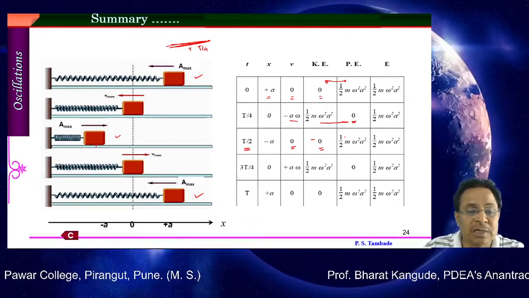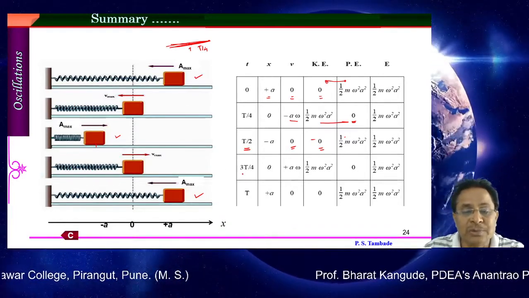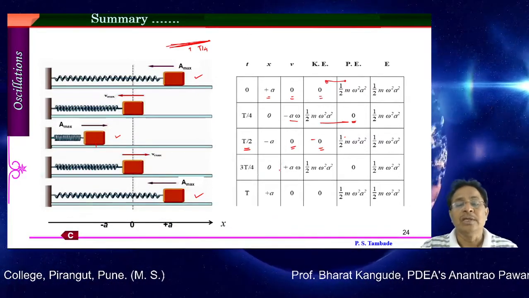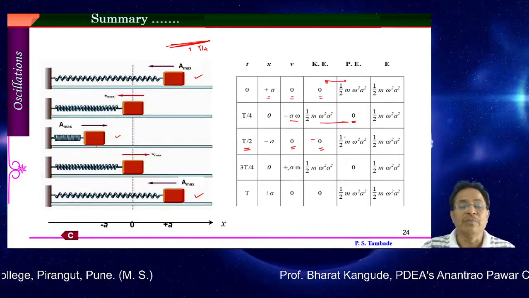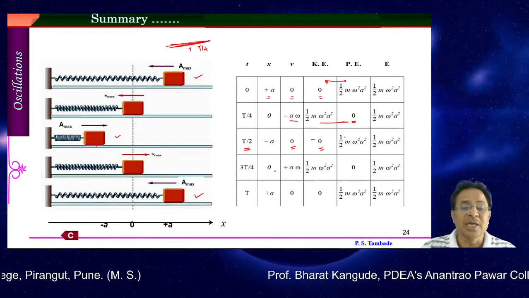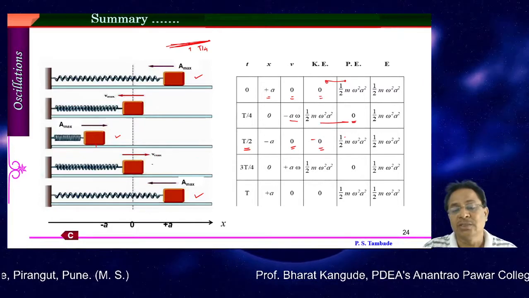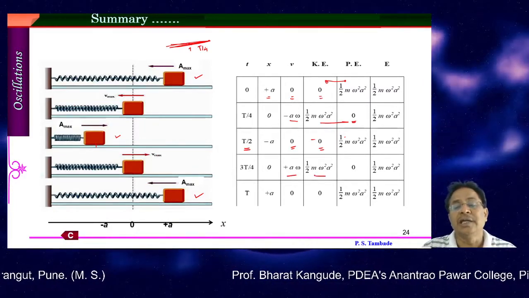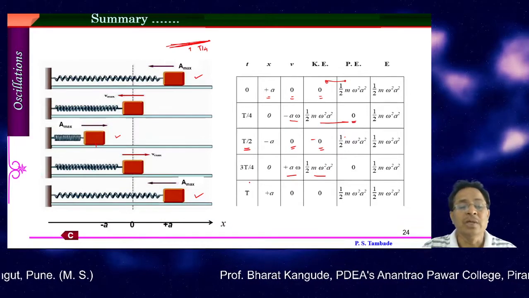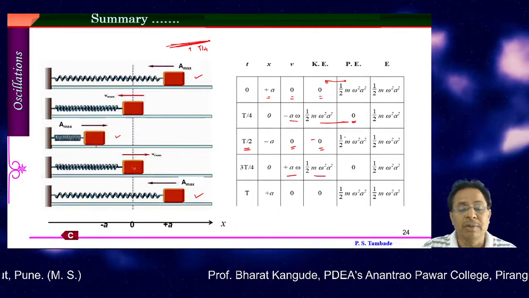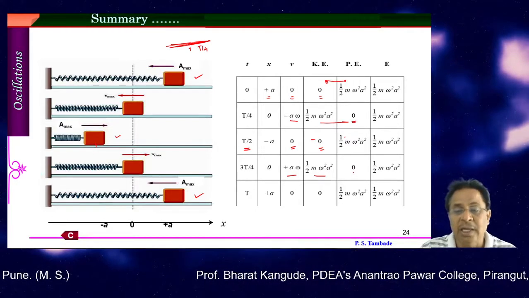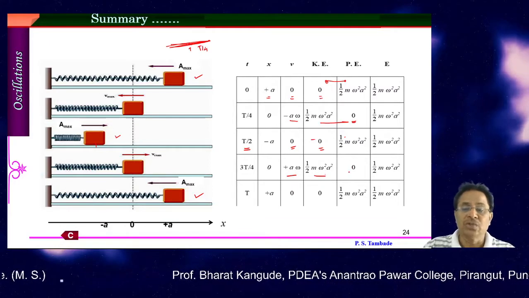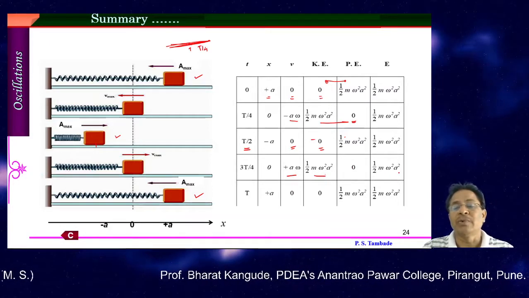Likewise, when this oscillator comes back toward the original position, the time elapsed would be 3 capital T upon 4. This time also the displacement is 0, therefore velocity is plus A omega. This time it is going in the forward direction, the positive x direction. Squaring it, I get the kinetic energy 1/2 m omega square into A square. At the equilibrium position there is no force acting and therefore potential energy is 0. Addition of these two gives me 1/2 m omega square into A square.